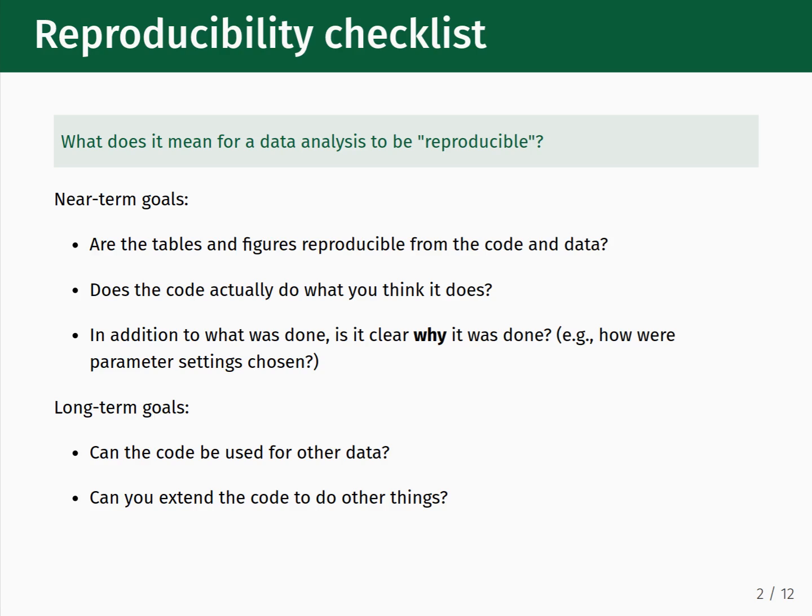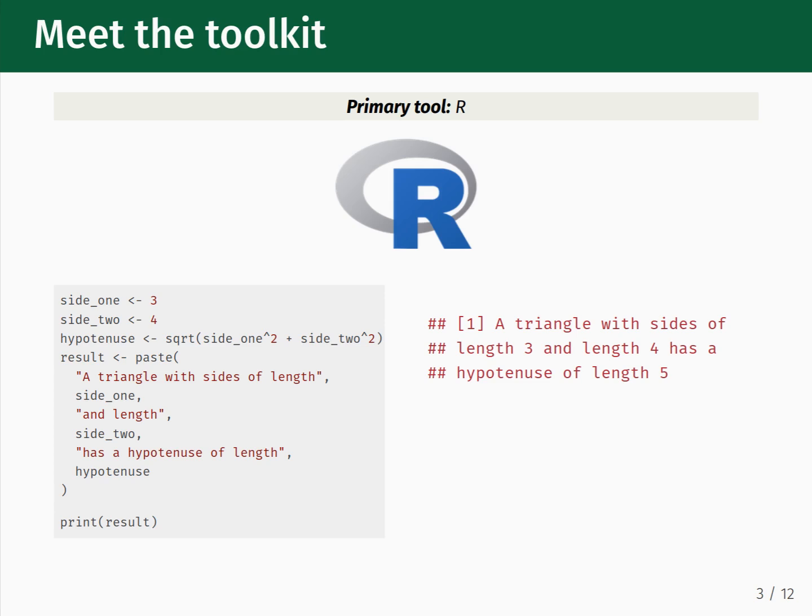How are we going to accomplish all this? That's where our course toolkit and working environment come in, which consists of several tools that are tightly integrated with each other and the course materials. Our primary tool will be R, which is a programming language. You can see a simple snippet of R code over here on the left, and the output from executing this code on the right. If you have never programmed before, that's okay. This course does not assume you have a programming background and takes things one step at a time.